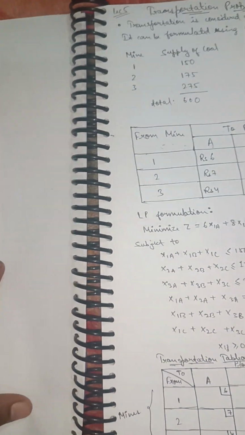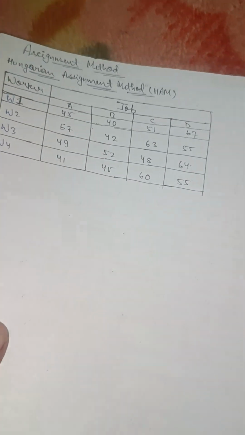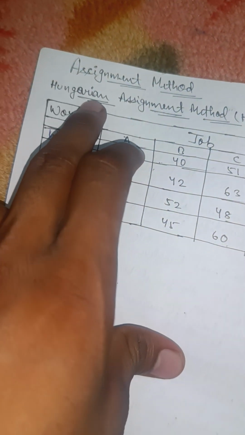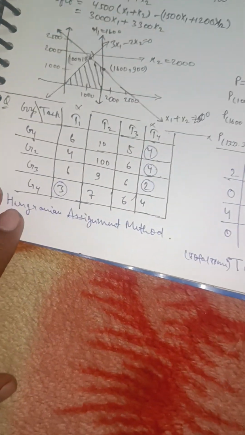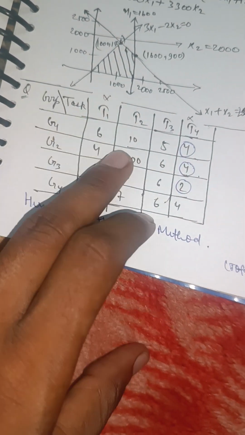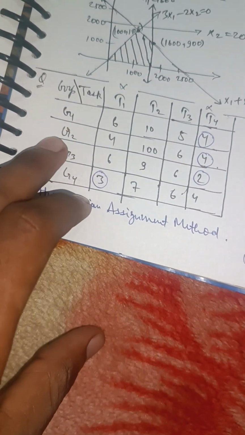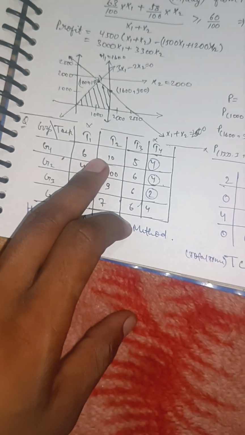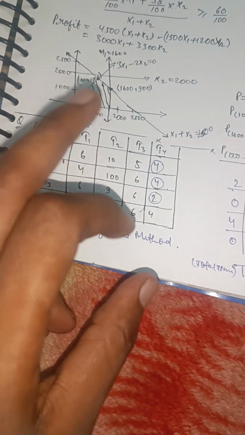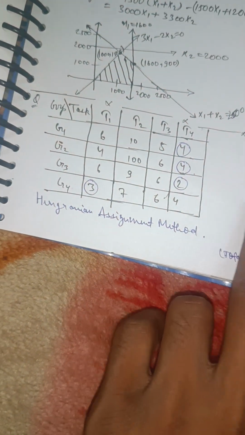Then we have the assignment method. In the assignment method we have a method called the Hungarian assignment method, which I will show you its solution. See, there are given tasks and different groups which will do the task, and here it may be given the time, duration or cost of the task. Okay, so here what we can do is, the first step is to